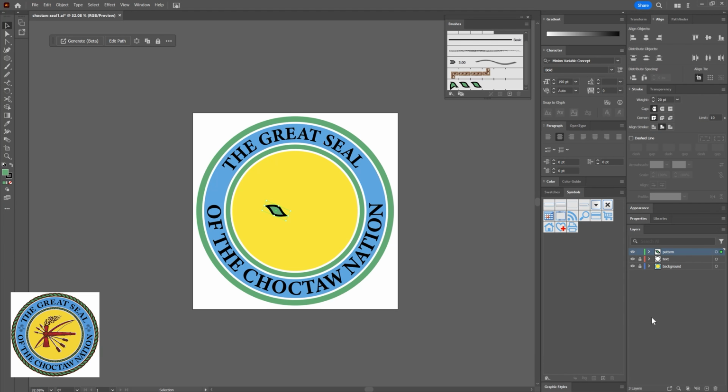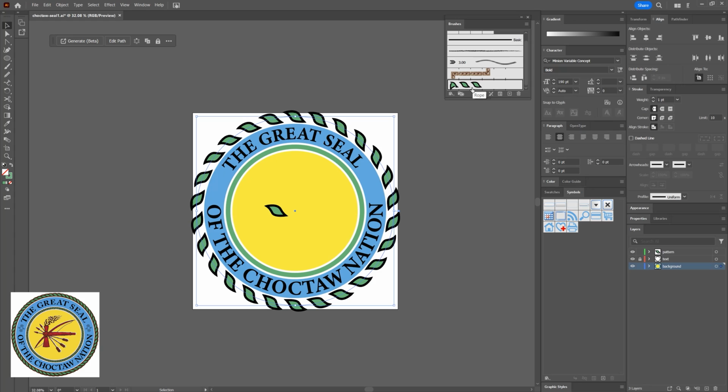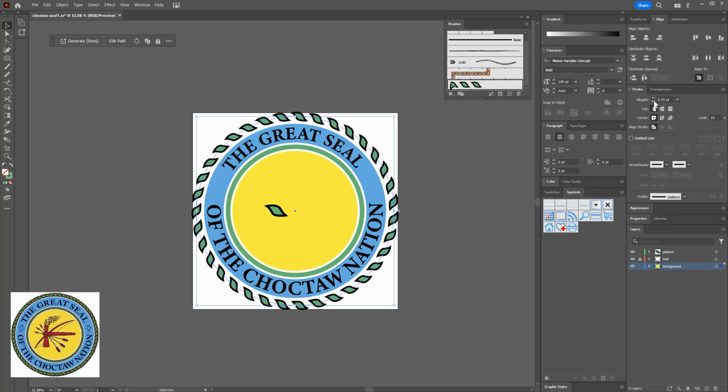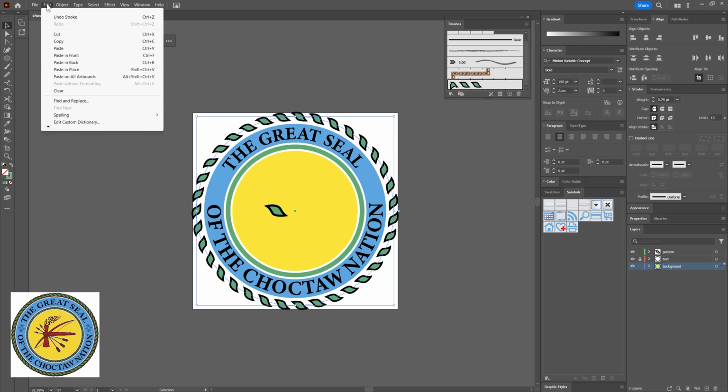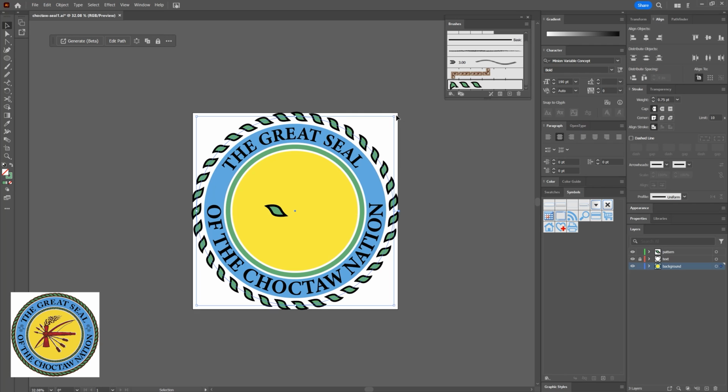Now we can go ahead and just test this to see if it even works. I'll unlock the background layer, and I'll select that outer green ring. Then I'll click on that pattern brush in the Brushes panel to apply it. Because of how this shape repeats, there's a gap in between each of the shapes. This is really easy to fix. First, we'll go ahead and decrease the stroke weight a bit. Then we'll copy that ring and paste it in place to duplicate it, and simply rotate those shapes to bridge the gaps. I think that worked really well, and that was much easier than having to draw that by hand,